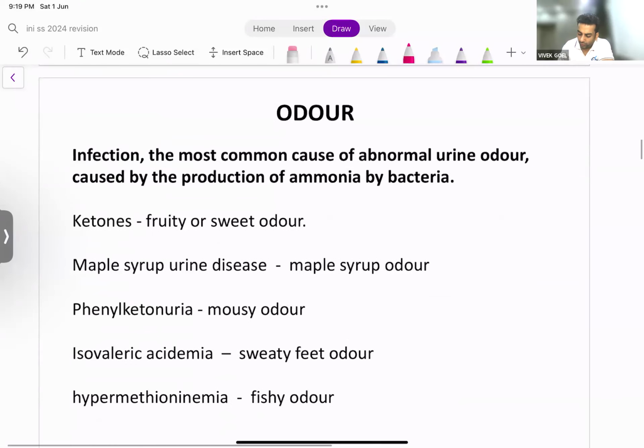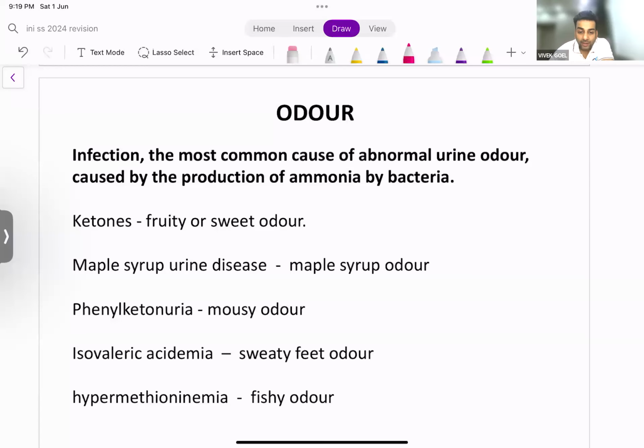Now, odor. Odor, of course, is more of theoretical interest, because none of us are so interested in today's 21st century that one would go to smell the urine and diagnose the condition. But very, very importantly, a bad smelling urine, that is abnormal urine odor, is very commonly caused by urinary infection,